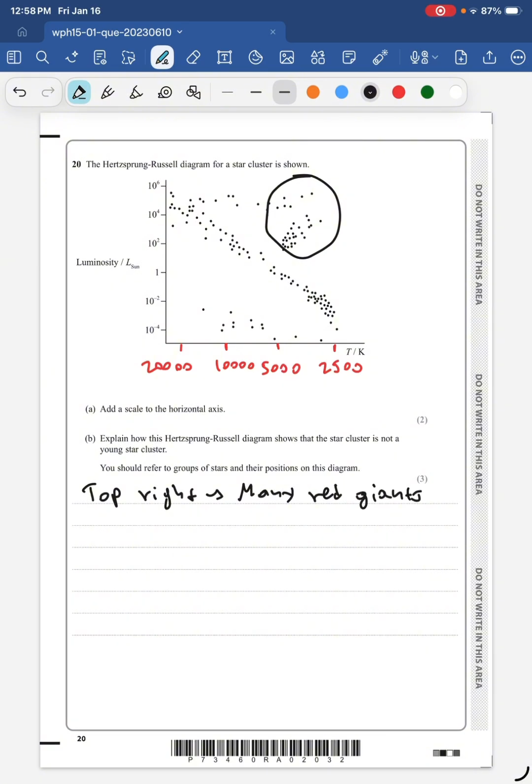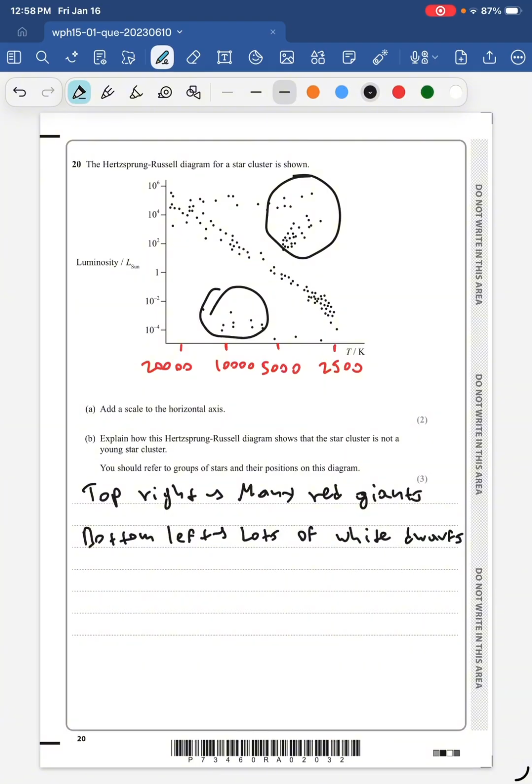Okay, we also have lots of white dwarfs over here. So bottom left, lots of white dwarfs. Okay, and